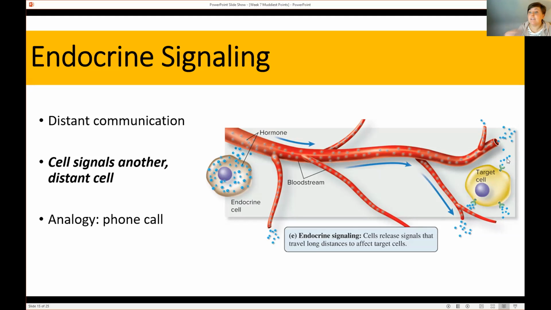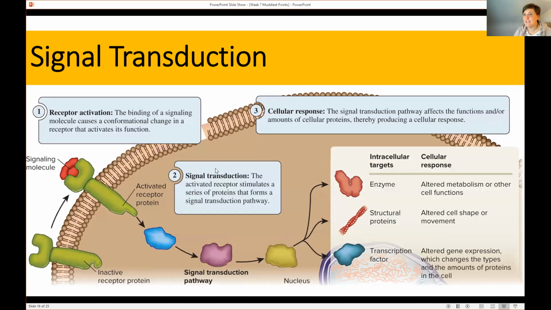So this, I would say, is like a phone call, as opposed to me saying, oh man, I need to drink more water, which is autocrine. Paracrine would be like me talking to somebody in the same room, you need to drink more water. Endocrine signaling would be like me picking up the phone and calling you wherever you are, Arizona or somewhere else, right? I'm in Missouri. Presumably none of you are in Missouri with me, but picking up the phone, calling you, and telling you to drink more water. So those are the different types of signaling.